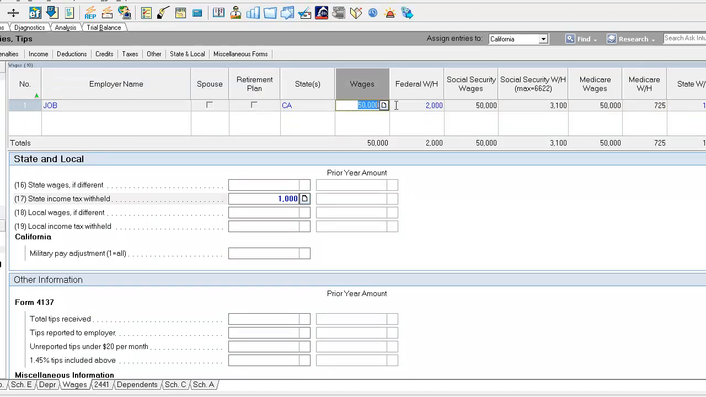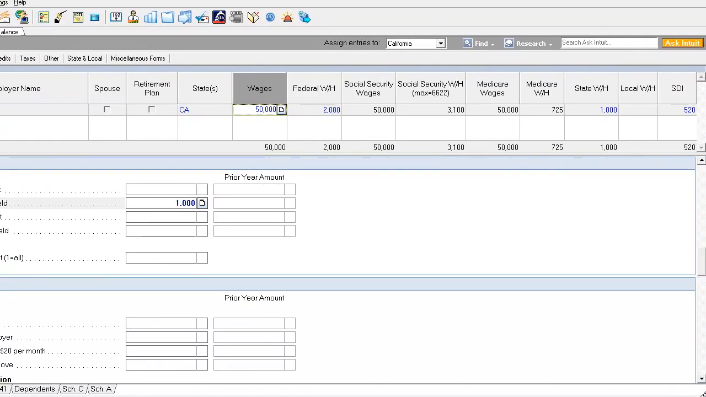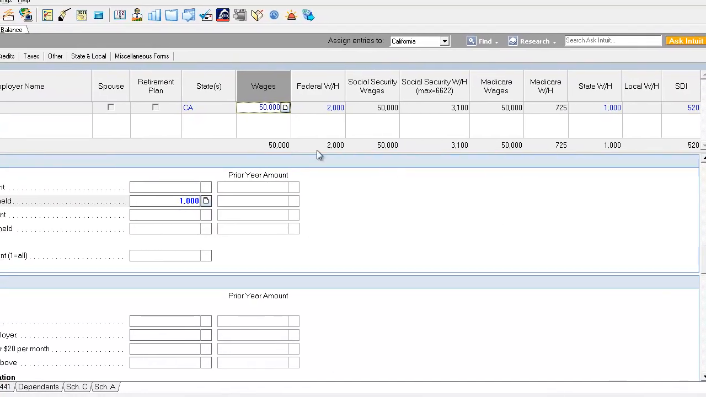Now, as the taxpayer is earning this $50,000 salary, they are having withholdings or income taxes taken out of their paychecks during the year. There was $2,000 federal income tax withheld, and for the California state tax, $1,000 withheld. And also remember, California has that state disability tax, which in this case $520 was withheld from the taxpayer's